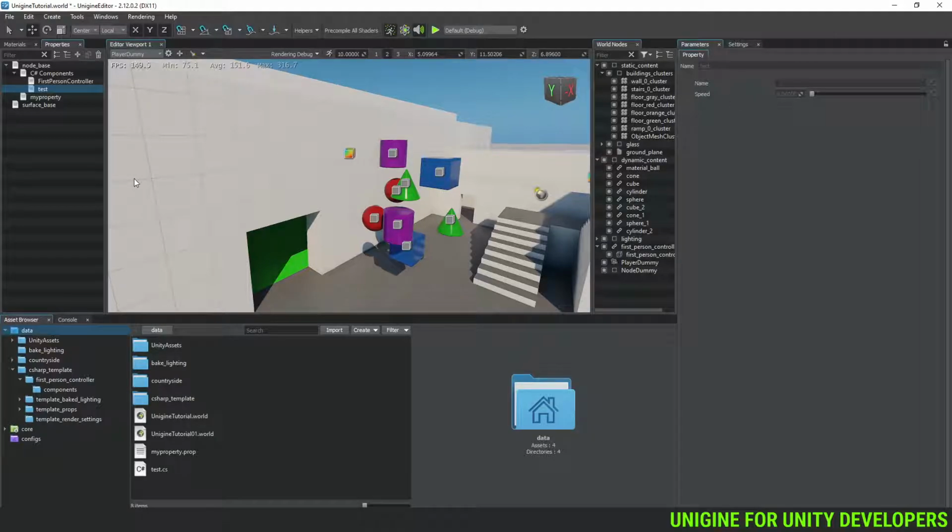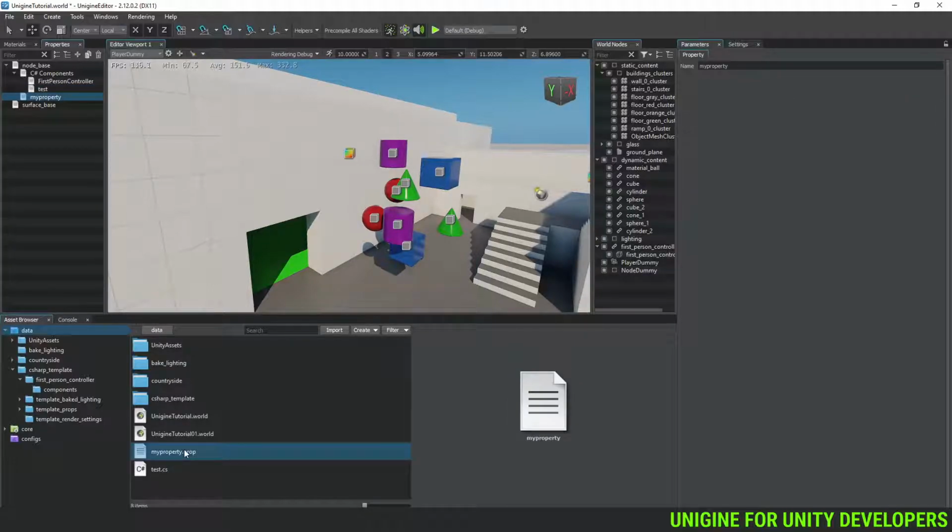Not much use here, but you could create manually a similar property to use, for example, in your objects where you don't want to have a script. So it's an inheritance-based way of managing things, okay? And it's also created this my property prop, which I did there. If I go here and show in